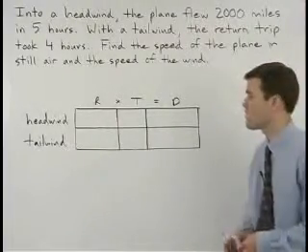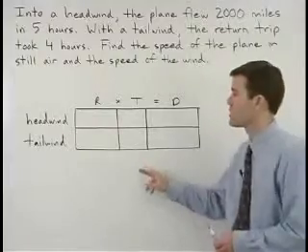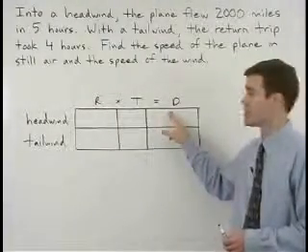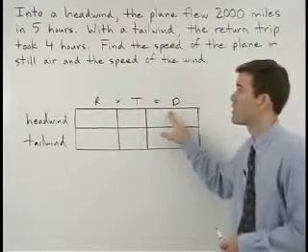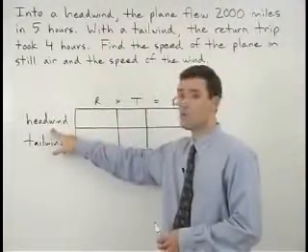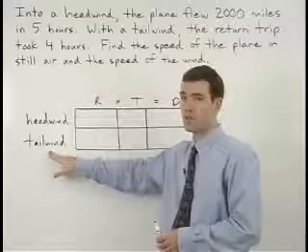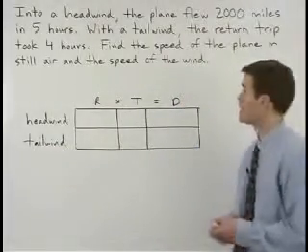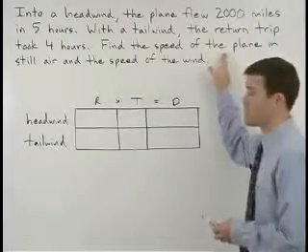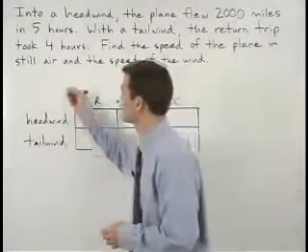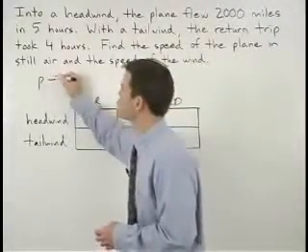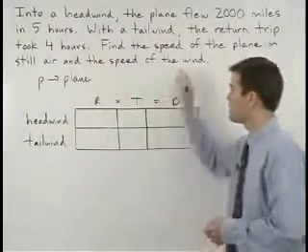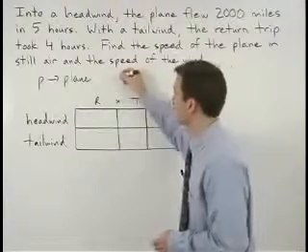Let's start things off by setting up a chart based on the formula rate times time equals distance for the two trips that our plane took, into a headwind and with a tailwind. If we use the variable p to represent the speed of the plane, and w to represent the speed of the wind,